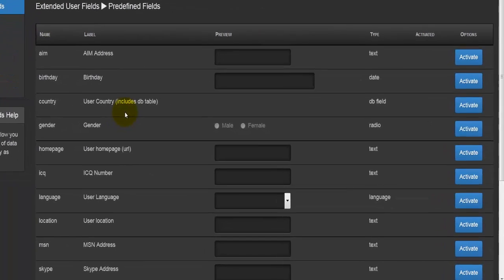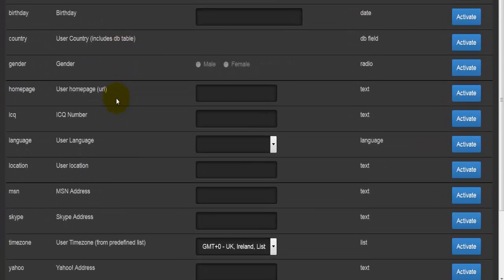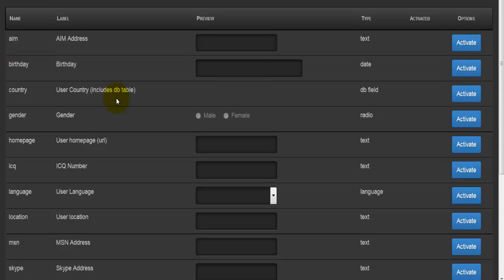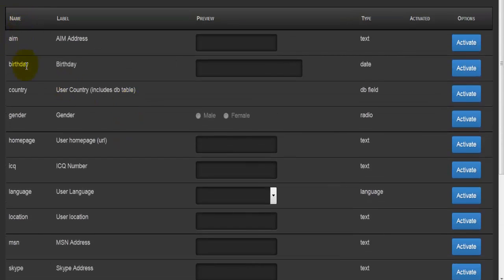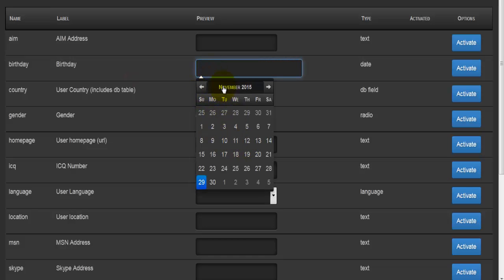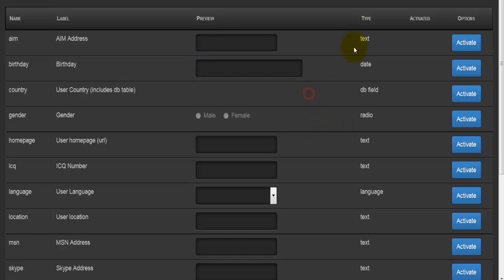In the add new field, I will have a bunch of fields which are pre-written. So this is done by e107 itself, and basically I can use any of these fields as I would like. So basically there's the name. So let's go, for example, this is birthday, so this field is called birthday, the label is birthday, the preview, if you click here you'll get this little calendar like so, and this is the type, so this is database